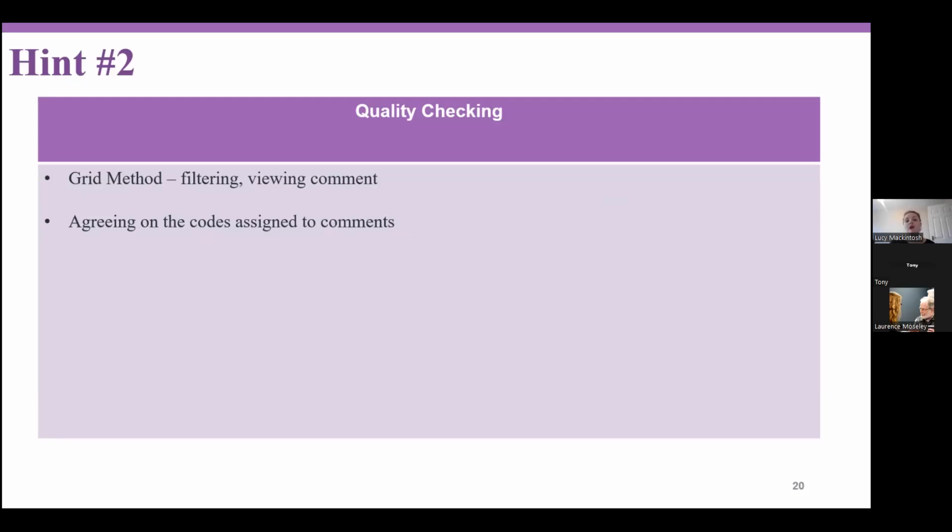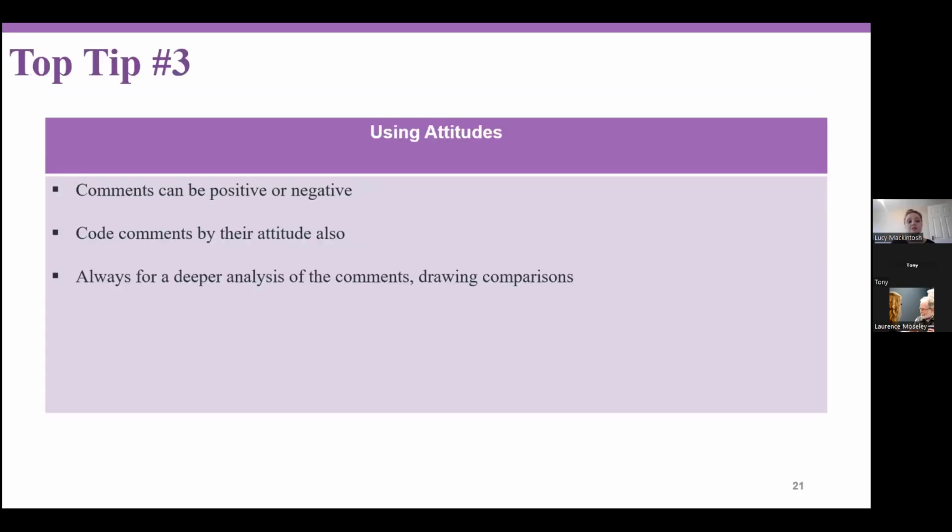And this I find was best done in the grid method, as you can easily change codes and edit based on agreement. And also other people can use QDA Miner. So there's a way to input, and people can share data sets through QDA Miner. And so other people can also leave comments and memos and comment on each other's based on their opinions of the coding. So it's a really handy tool for quality checking the research.